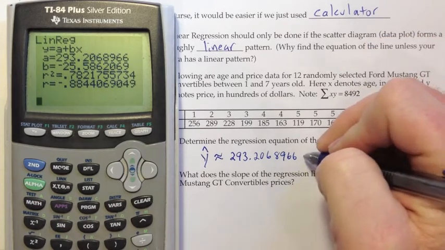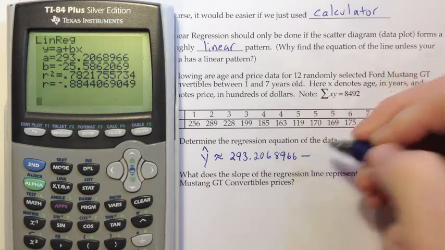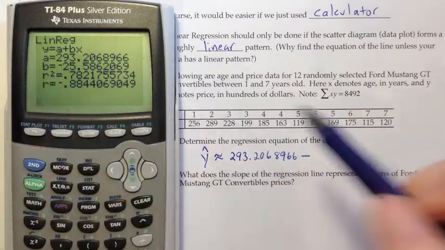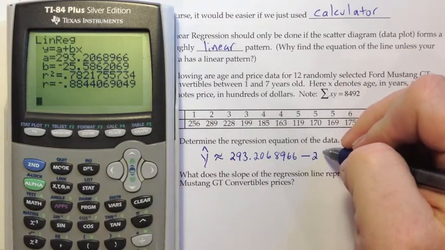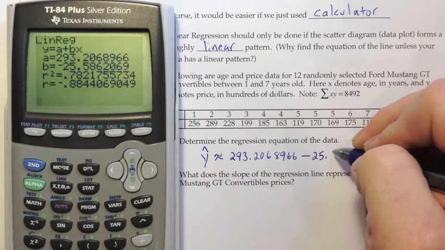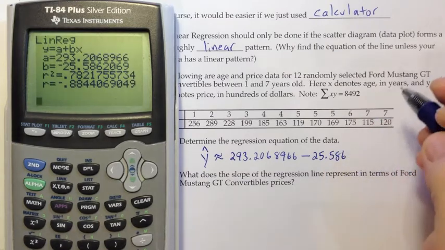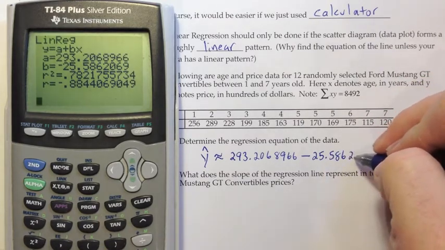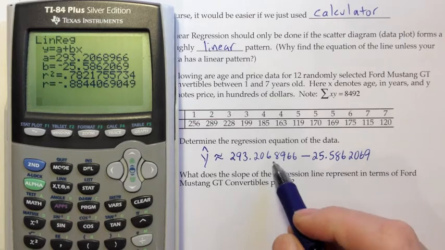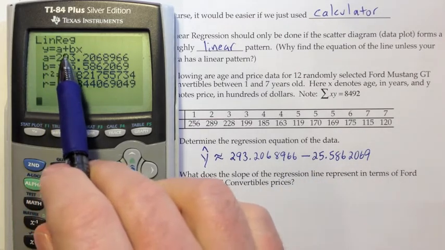293.2068966. And then I'm supposed to do plus bx, but in this case the b is negative, so that'll become minus 25.5862069, and that's the a and the b, but the equation is a plus bx, so I